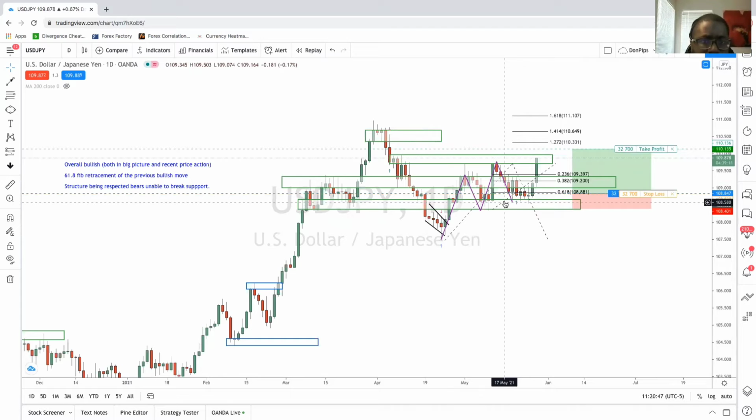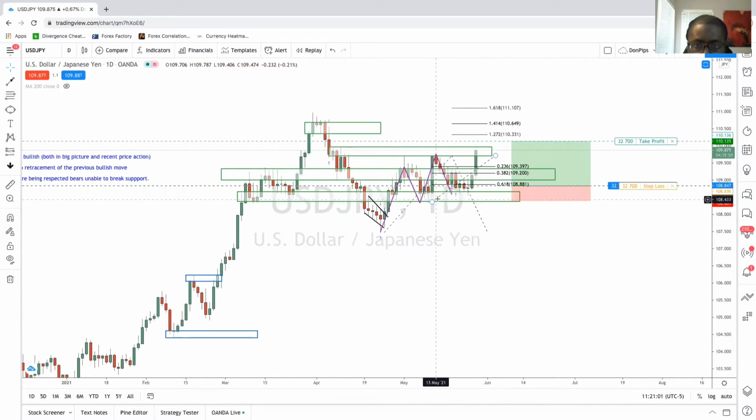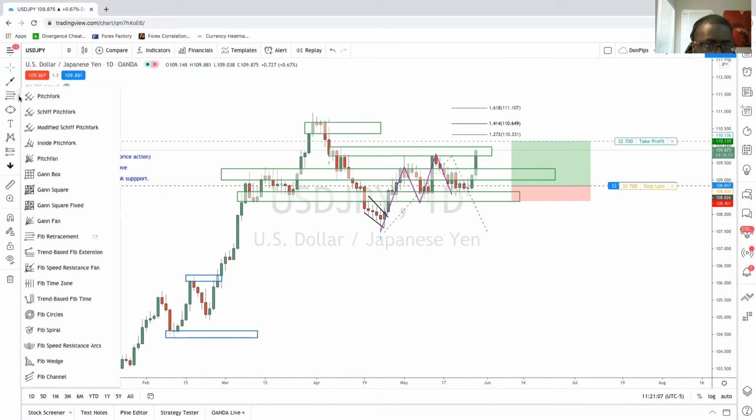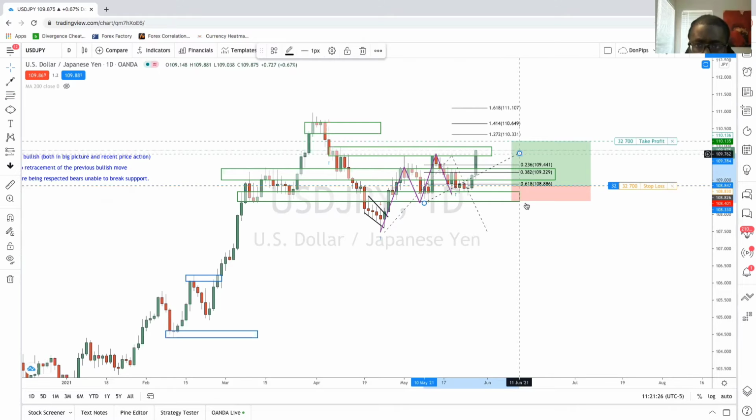The second thing on this trade was there was a 61.8 Fibonacci retracement of the previous bullish move. And as you guys know, I use fibs in confluence with price action structure. So I can go ahead and delete this for you guys and do it again here. If we take out our Fibonacci retracement and look at the most recent move, this most recent push to the upside, and we run that fib retracement from here to here, let me drag that across. You'll see that we have a 61.8